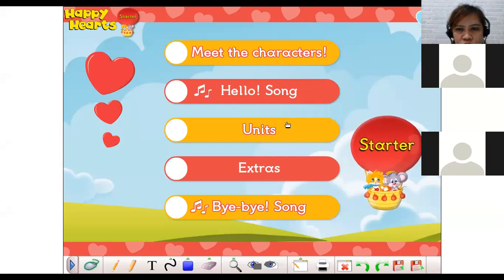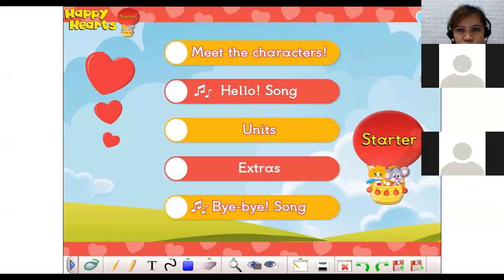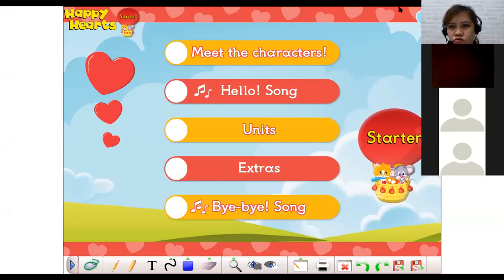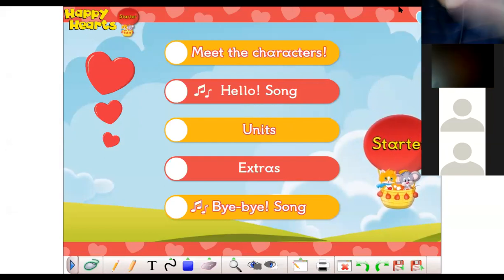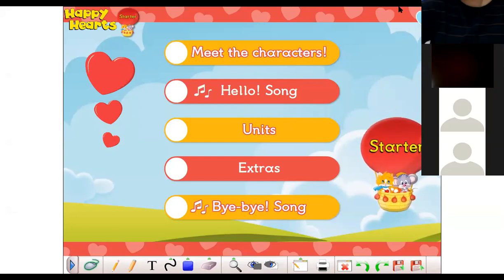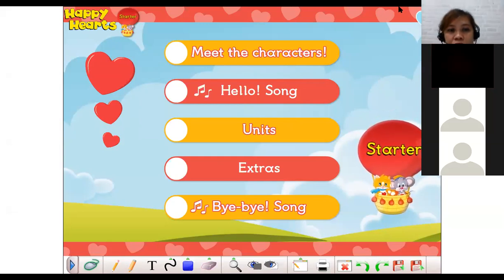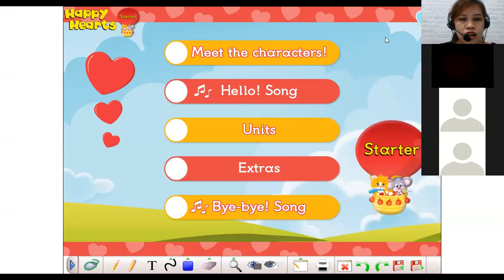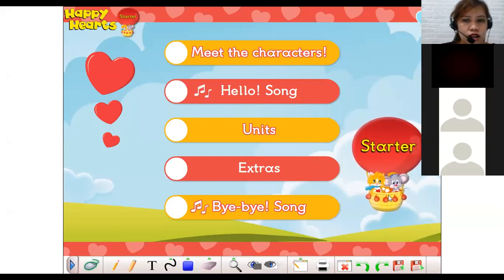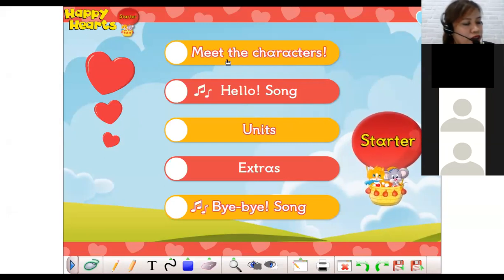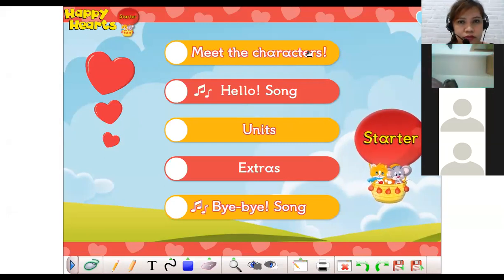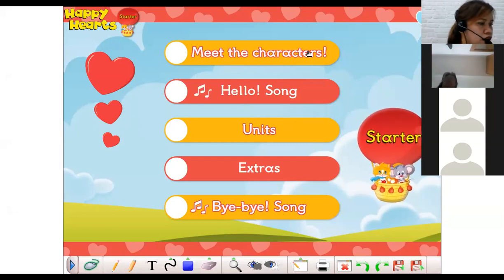This is the homepage of Happy Hearts. And then we have here the module. Kung mapapansin nyo, konti lang po talaga siya, pero marami yan sa loob. Okay? Pero very basic or napakasimple lang nung homepage. So we have here the module and the starter. It's there already. So on starter, week number 1 is, first, we will click